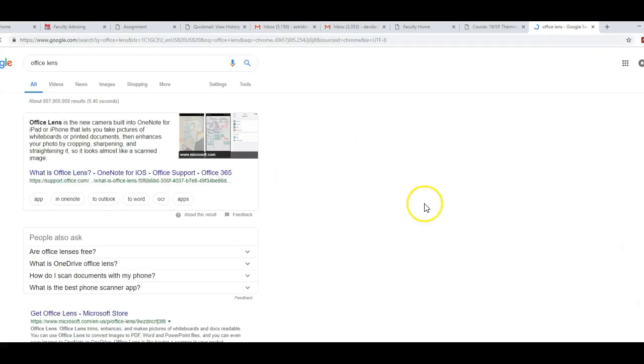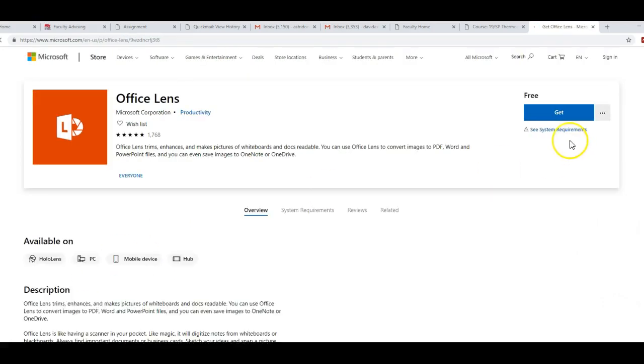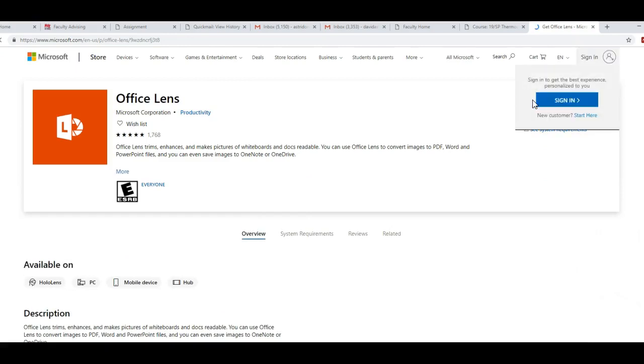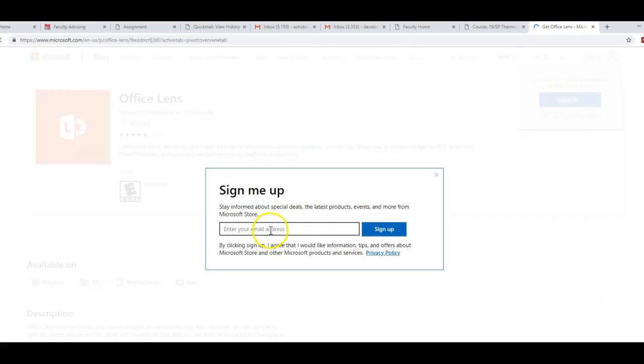I just loaded this on my phone, which I'll show you what that is as well. But you can get Office Lens from the Microsoft Store. And as you can see, it's free. So you need to have an email address. I had to enter a Gmail address. I don't know if that's true for everybody, but you have to have a Gmail address, and then you can